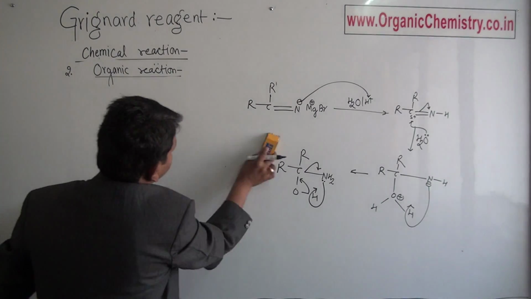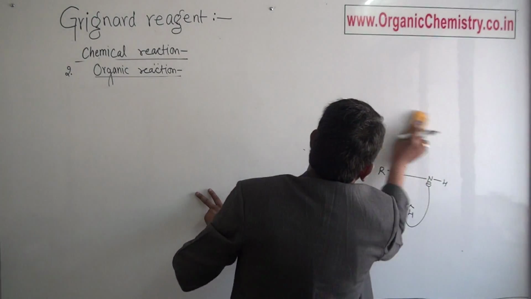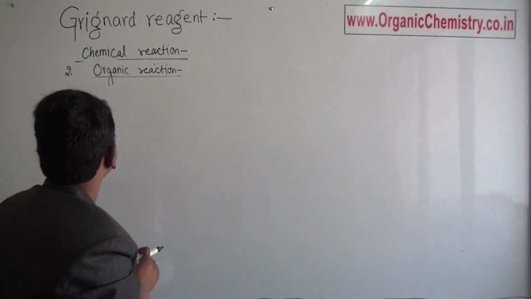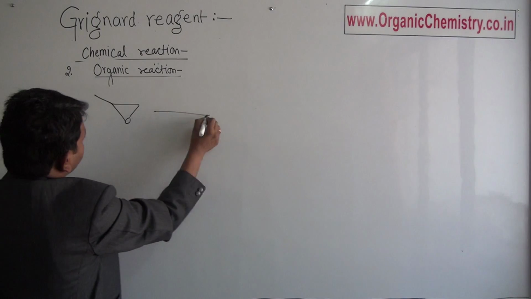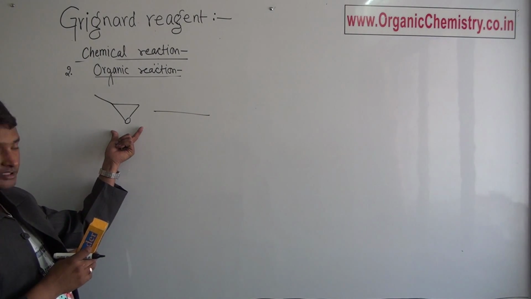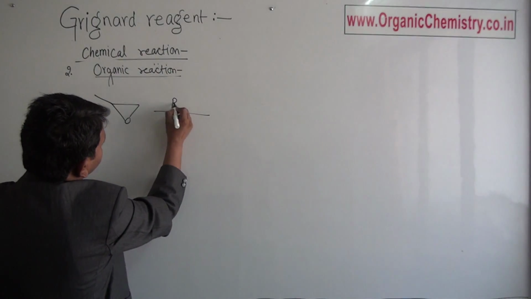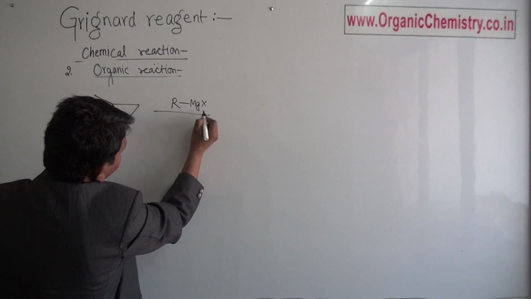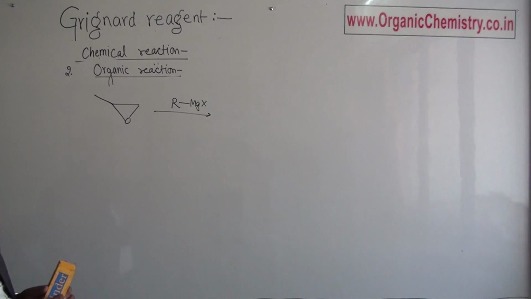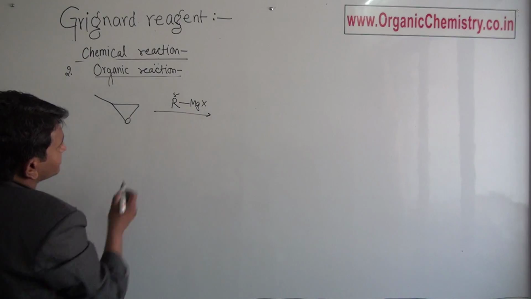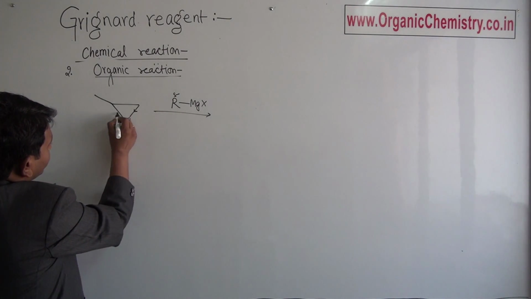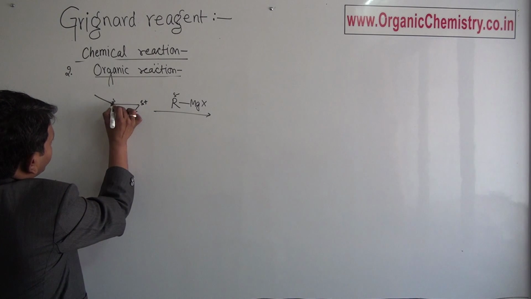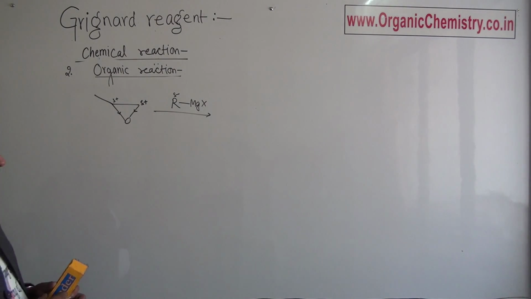Now, a reaction of epoxide. This is epoxide, a 3-membered cyclic ether. This is RMgX. The alkyl part of this RMgX is electron rich. Due to electronegativity difference, these two carbons have partial positive charge, but as I told you,